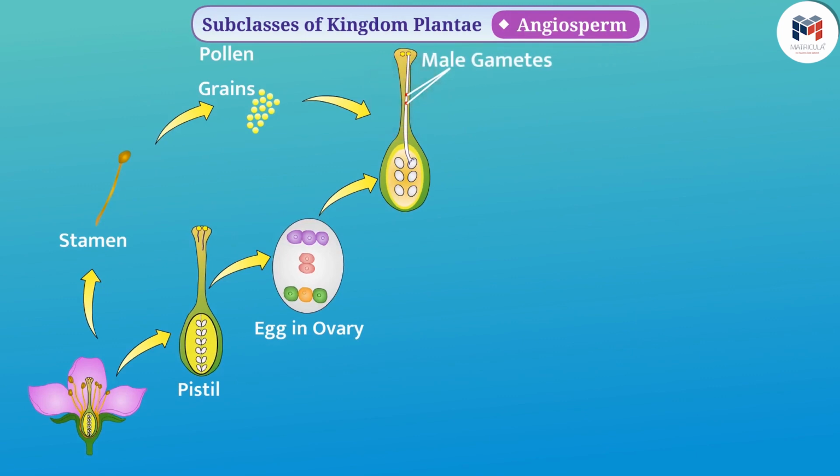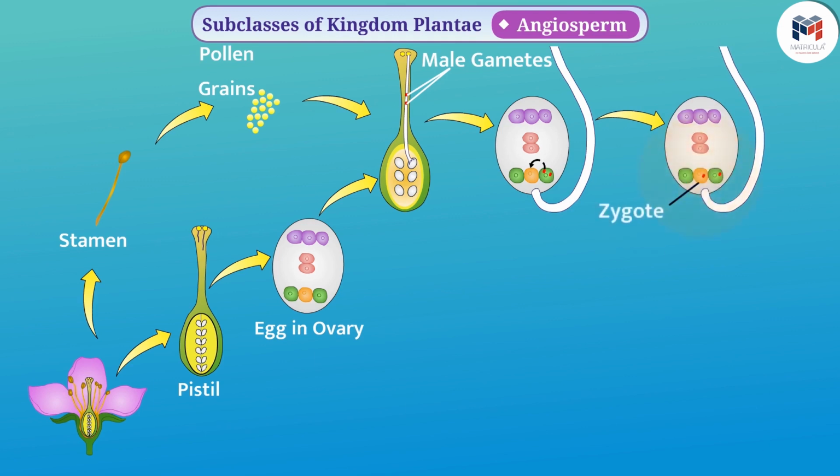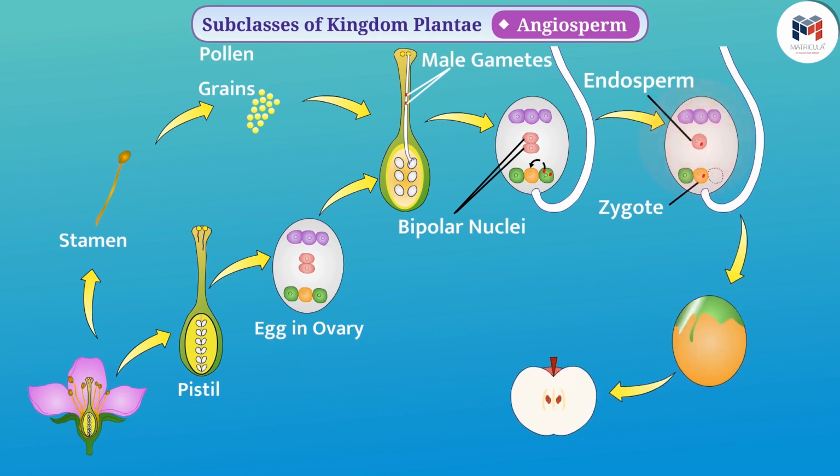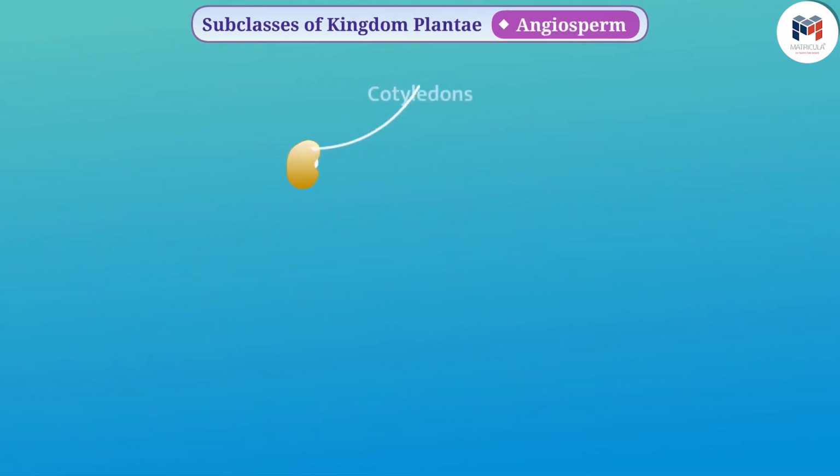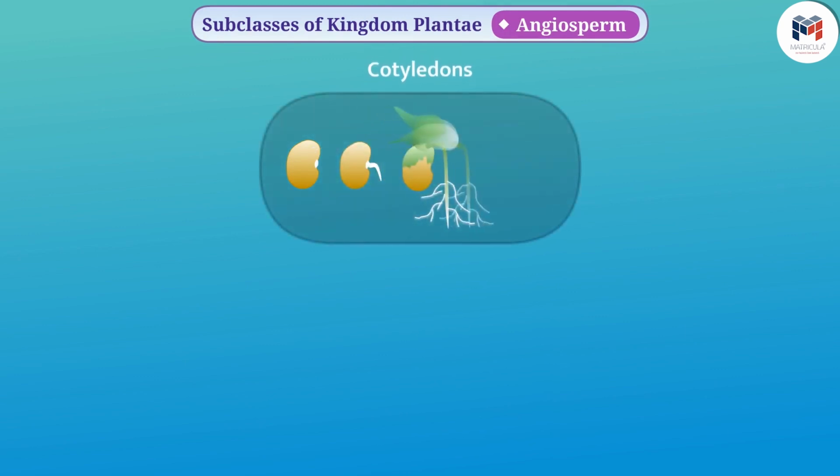Two male gametes from the pollen grain are released into the ovary by the pollen tube. One of these male gametes fuses with an egg cell to form zygote, and the second male gamete fuses with the polar nuclei to form an endosperm. Then the zygote develops into the seed and the ovary develops into the fruit. The seeds have cotyledons, which turn green after germination of the seeds. Depending on the number of cotyledons,